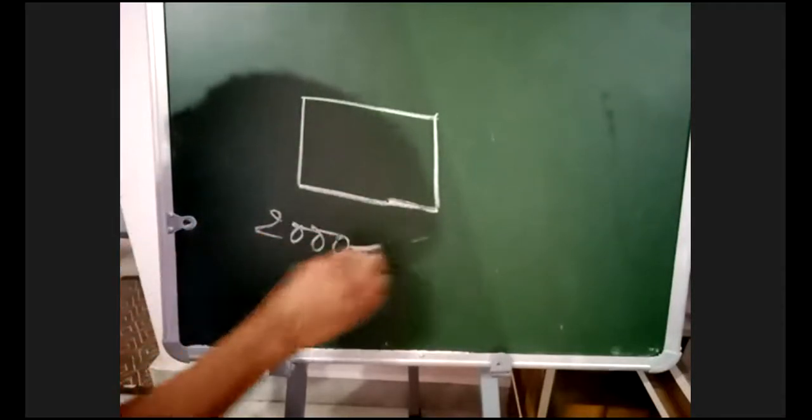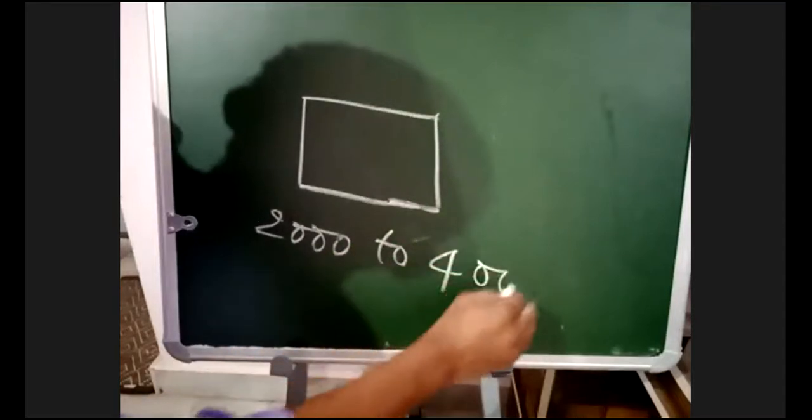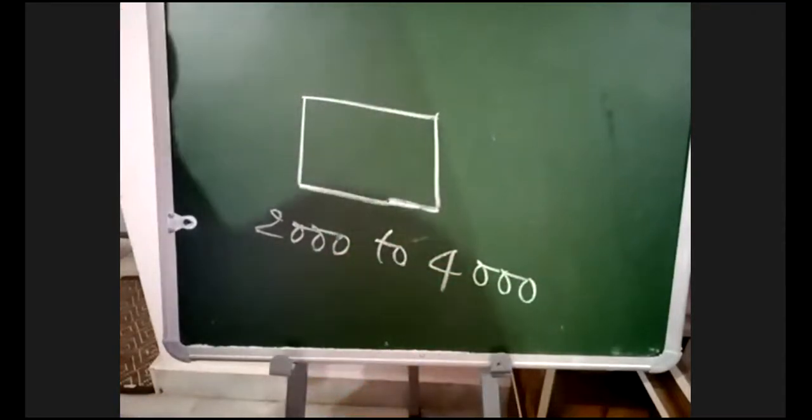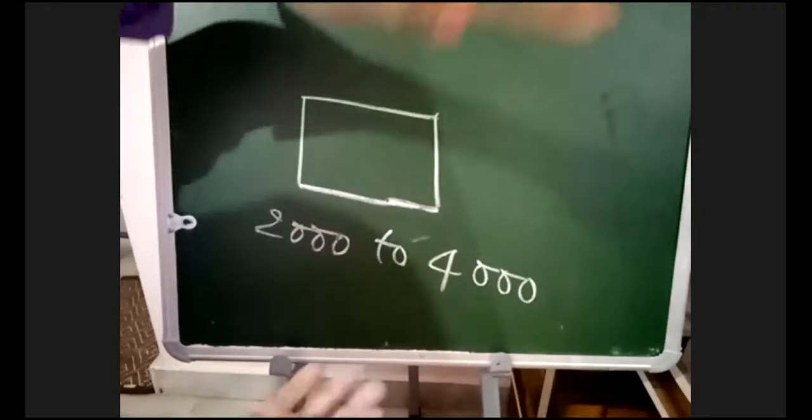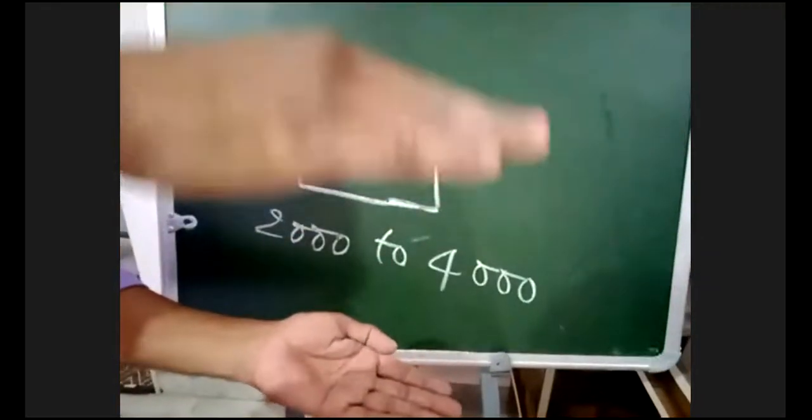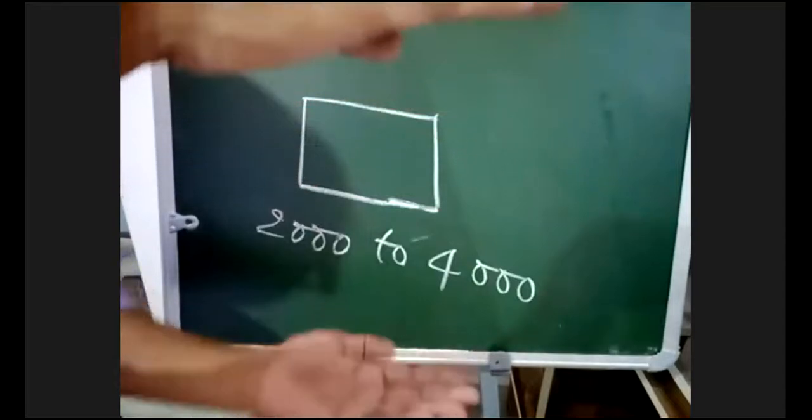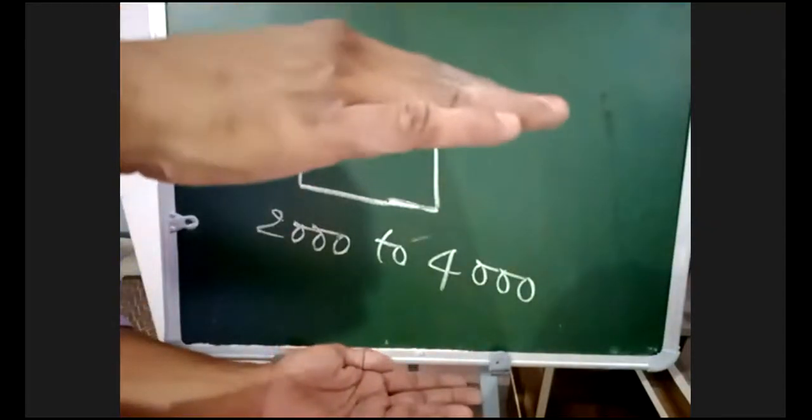Now I am taking sheets of this same size and same thickness, nearly 2000 to 4000 sheets. Let us take only 2000 sheets, each 5 centimeter with thickness 0.5 mm. If all the sheets are placed one above the other on the ground, how much bundle will you get? You will get this much bundle from 2000 sheets.